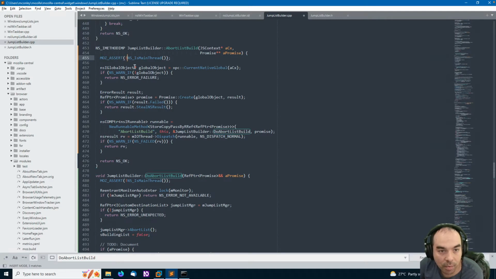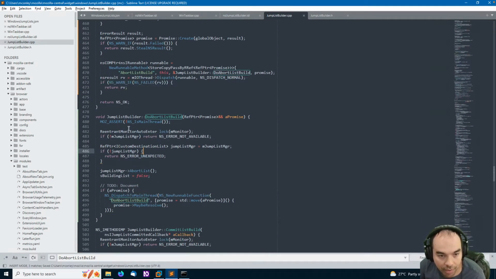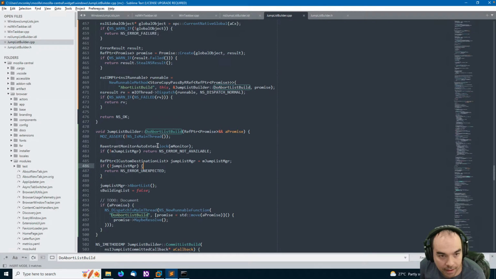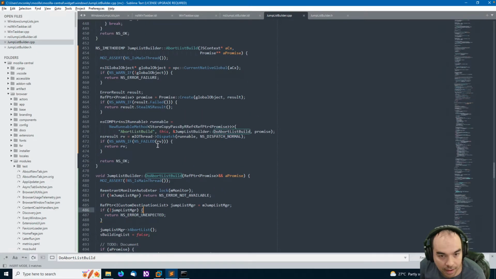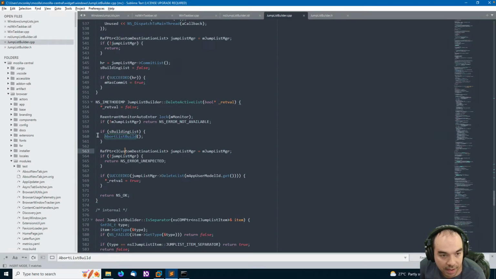This is going to become more and more important to make sure that we're on the thread that we expect to be on. And then all the other callers of abort list build, we're going to say do abort list build. Oh, wait, no, because this is going to be on the main thread. So this one's different.